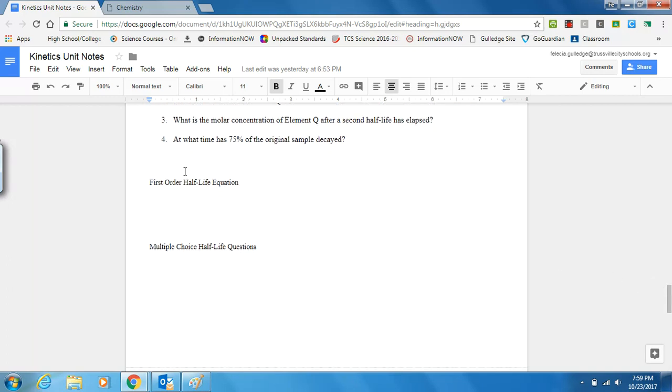Now, the next concept is the first order half-life equation. When we are working with half-life, we are only working with first order reactions. There are half-lives for zero order reactions, and there are half-lives for second order reactions, but we're only looking at first order reactions. Why? I don't know. AP just said let's do it, okay? There is a way to find half-life for zero order and second order, but for AP standards, we're only going to deal with